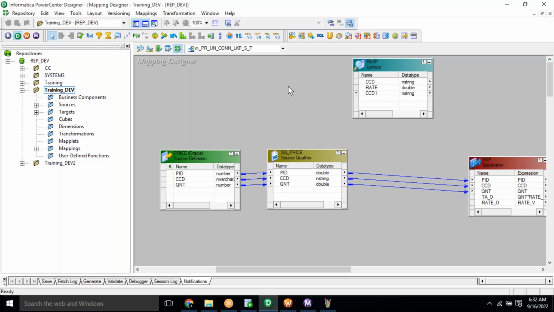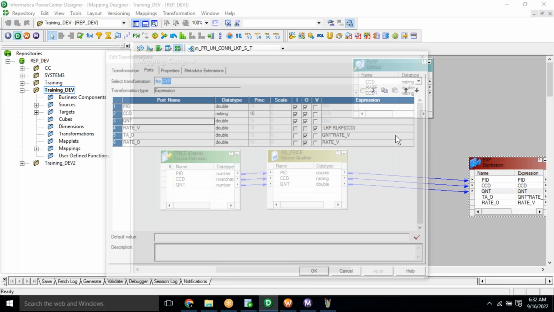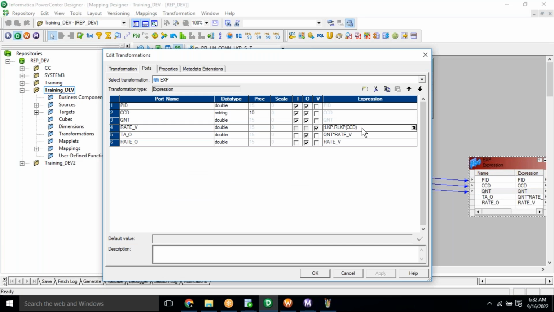Okay, so to pass the input value to the unconnected lookup transformation, inside the expression we have to create a variable port. There we have to write :LKP.unconnected_lookup_transformation_name(input port name), right? This is how we write a function inside the expression transformation to pass the input value to the unconnected lookup transformation, and then